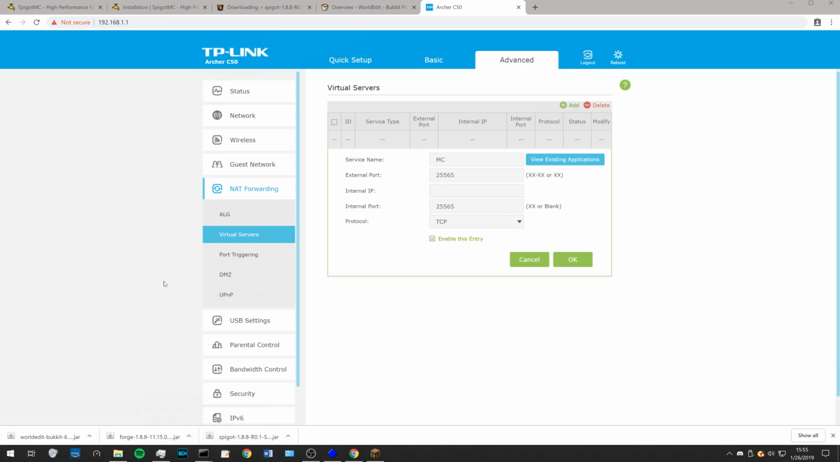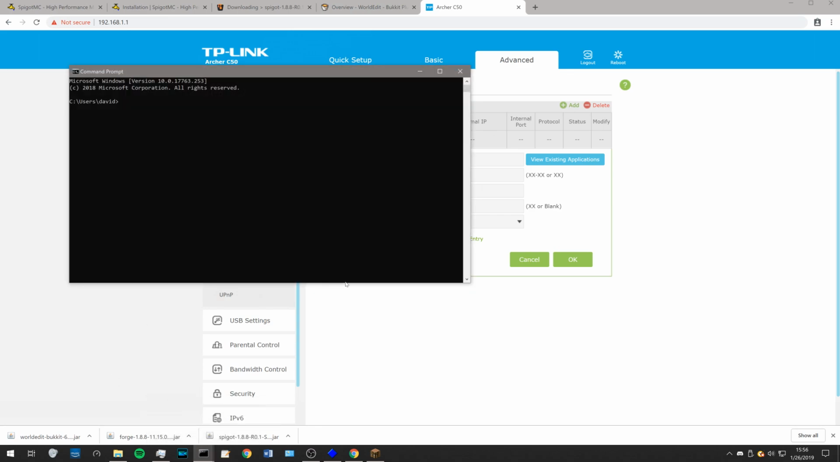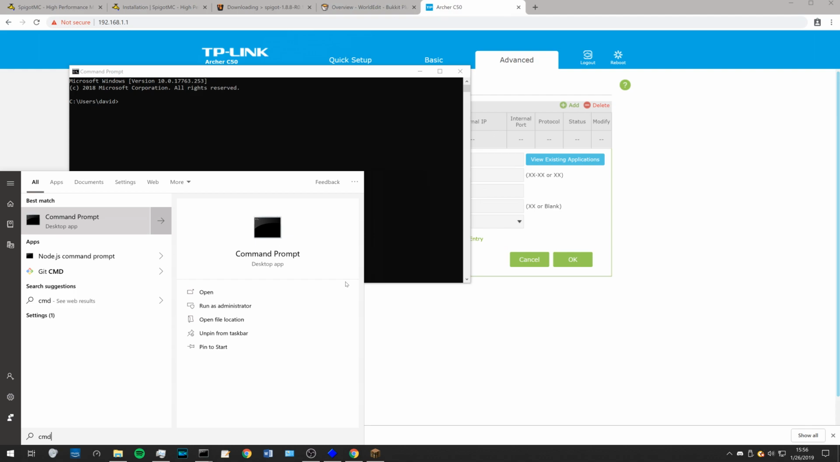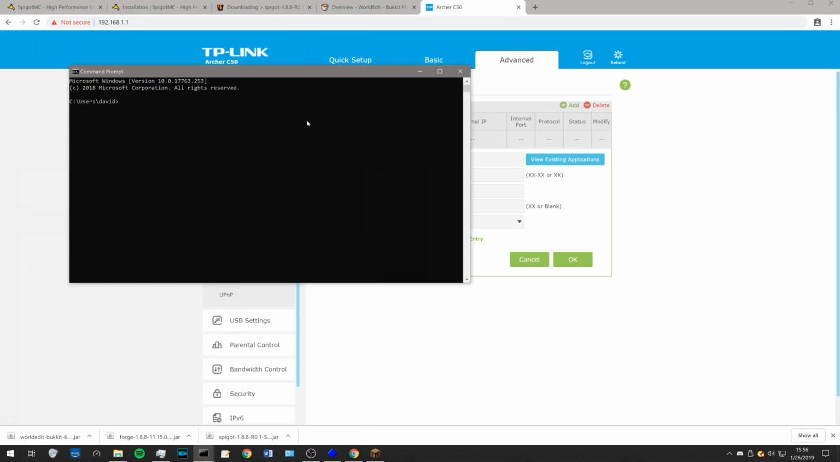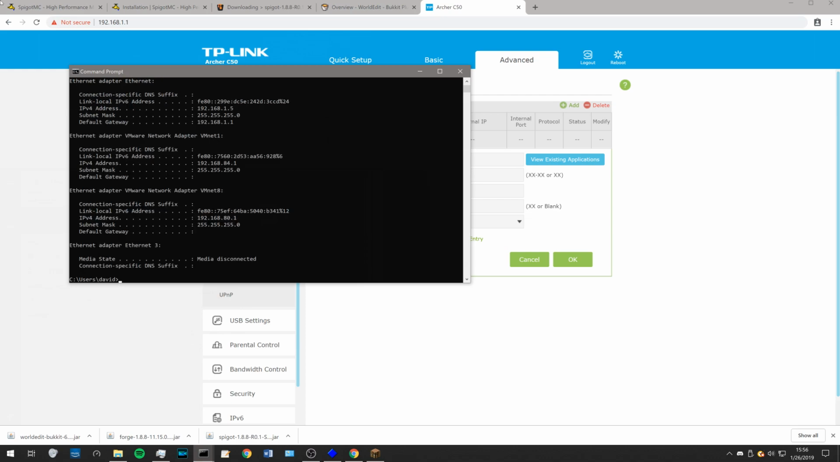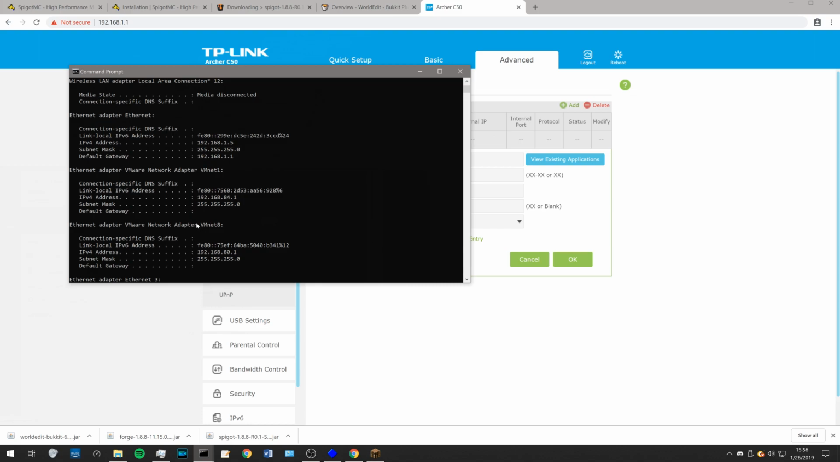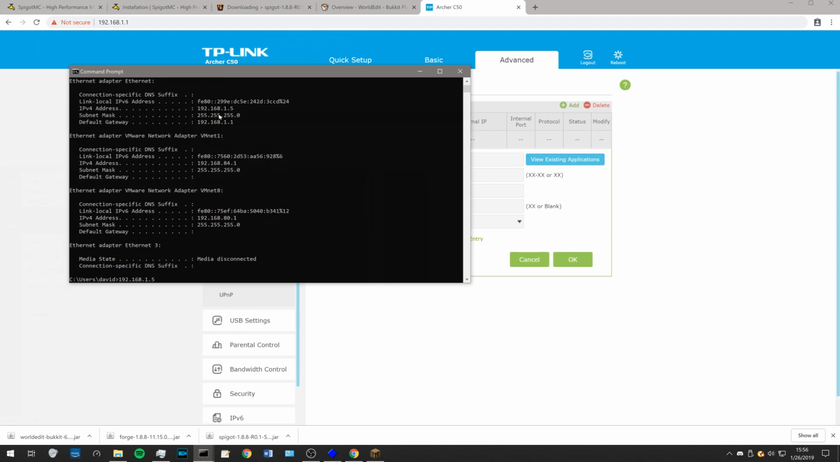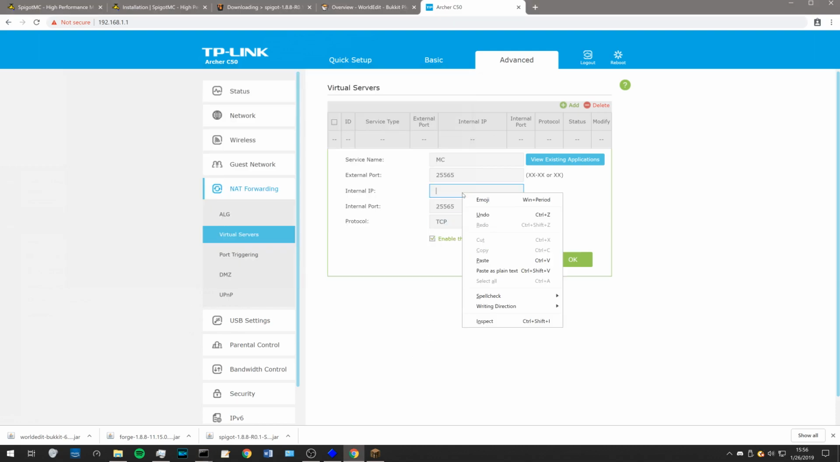We're going to real quick go to a command prompt window. You can also get to this by hitting the Windows key and typing in CMD. And what we're going to do is type in ipconfig. I can see, to find my standard Ethernet adapter, my IP address is 192.168.1.5, and I can take this and paste it here,